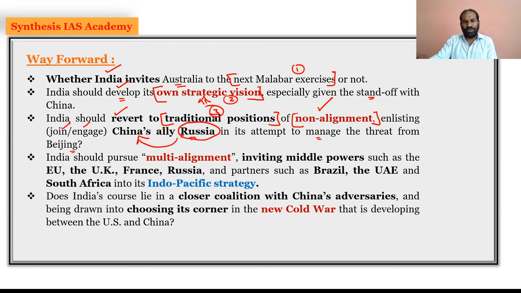Fourth, India should pursue multi-alignment. If not non-alignment, India should pursue multi-alignment. That means inviting middle powers such as the EU, UK, France, Russia, Brazil, UAE, South Africa into the Indo-Pacific strategy, so